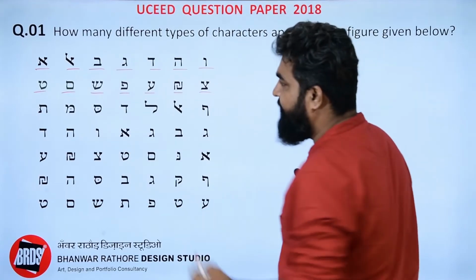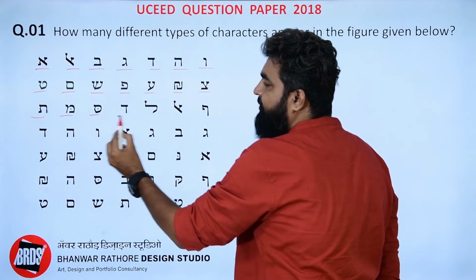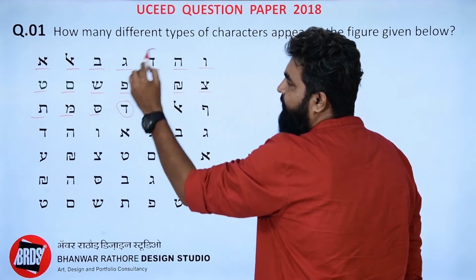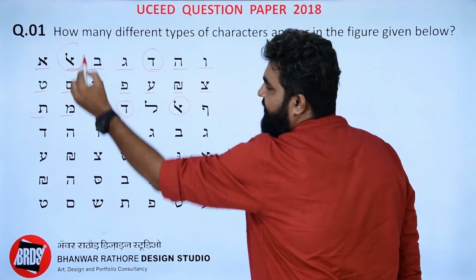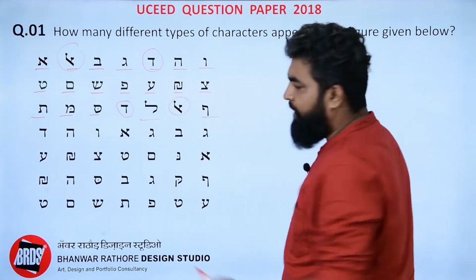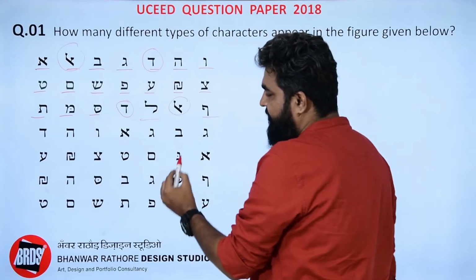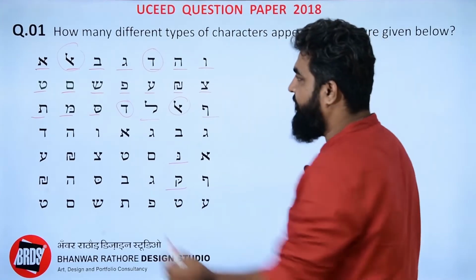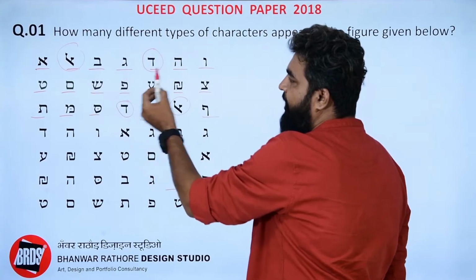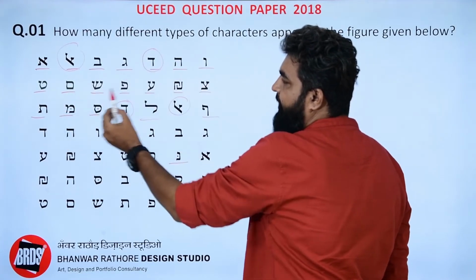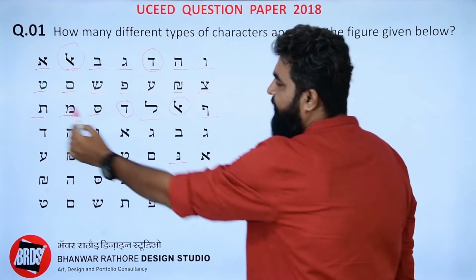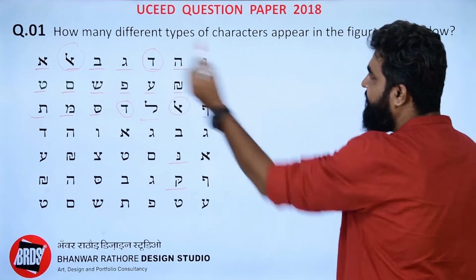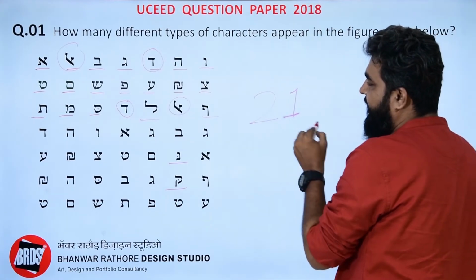When in the third row, if we check, certain numbers are still new, but this figure is repeating over here and this figure is repeating over here. So these two are new, the rest of them are again repeating. If we check, we have two more members which are not repeating, and now if we calculate, we have 1, 2, 3, 4, 5, 6, 7, 8, 9, 10, 11, 12, 13, 14, 15, 16, 17, 18, 19, 20 and 21. So the correct answer for this will be 21 characters.